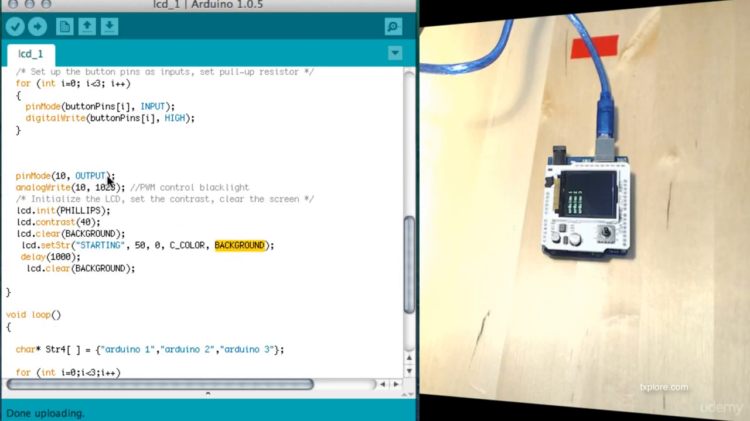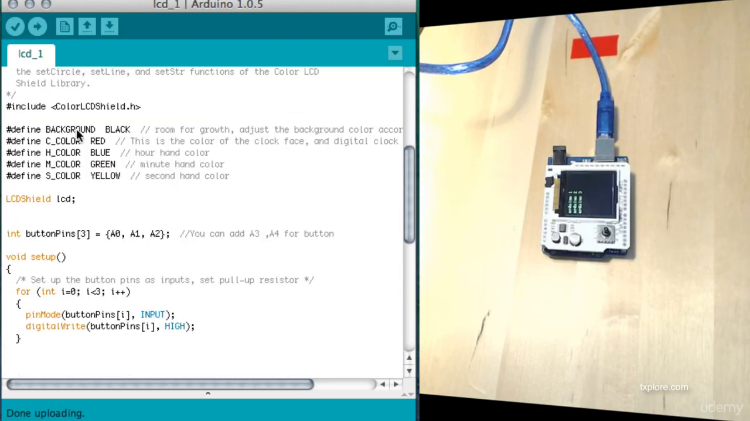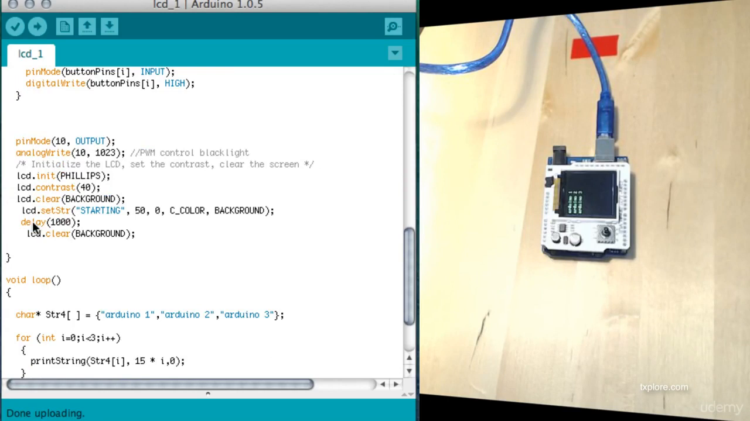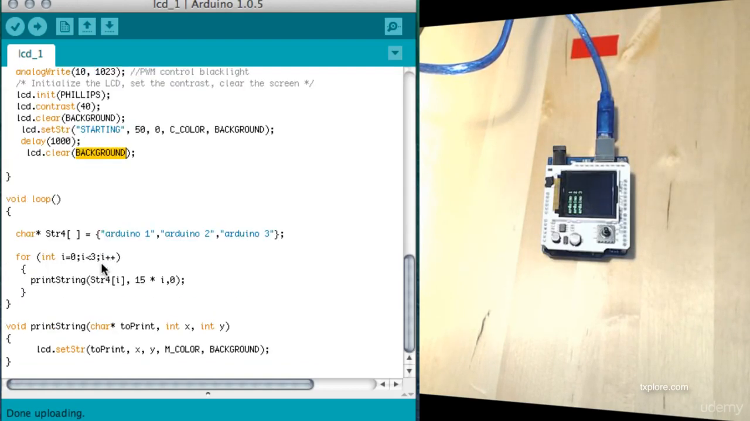And the background, which is another constant, set to black. Okay, I'm going to wait for a second for all this to settle, and then we're going to clear again by using the background color black to clear the screen. So the screen is going to turn to black. In the loop function,